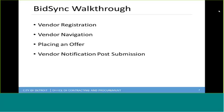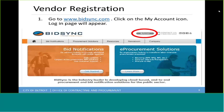So when the City of Detroit does start releasing their bids in BidSync, you'll be able to jump right on that opportunity of being able to respond to their bids. And then we're going to take a look at the vendor notification after you've submitted your bid, or some of the notifications that you'll receive after you've already received your bid and the bid has been awarded by the city. So as we go through this process, the first thing we're going to take a look at is the vendor